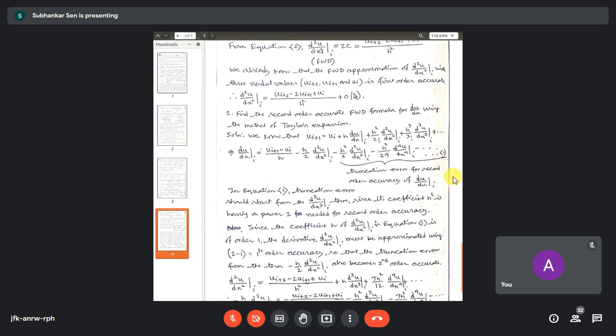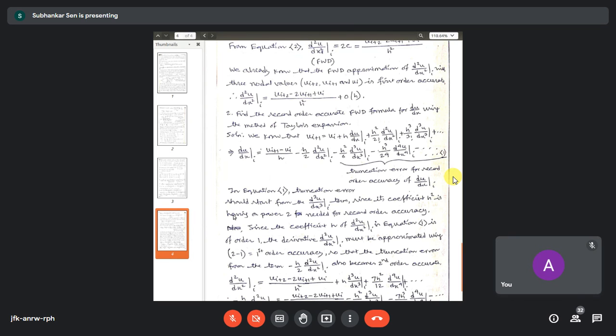Whatever the leading derivative be, you are getting terms like this h. So this h and the h from here will give you h square, and then this h square term will come here. It means that you have to simplify this term with first order accuracy. So this is the first order accurate term. For d2u dx2, you have to simplify this term with the first order accurate scheme.